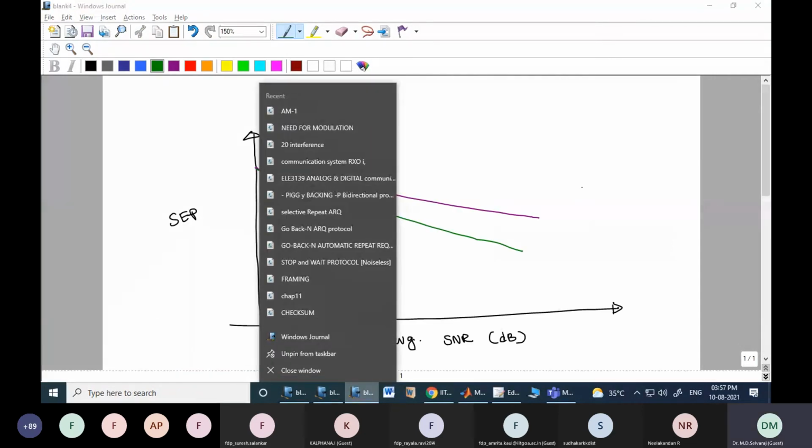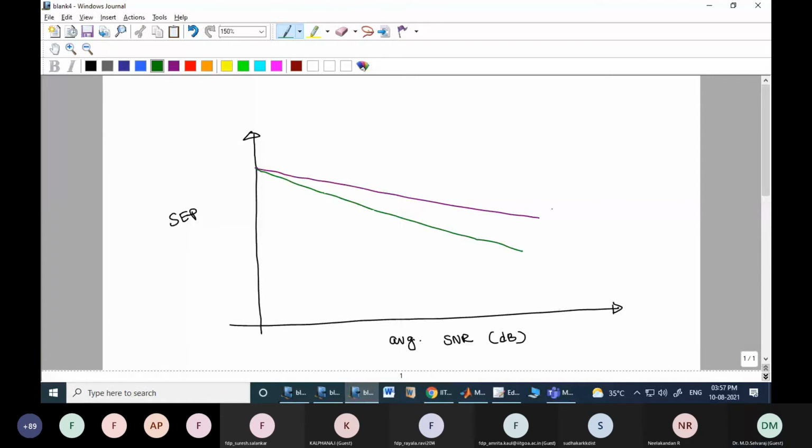Okay, so this is what is expected to come. This is from the cooperative, and this is from the direct. Direct means no relay. Because of the involvement of the relay, because of this cooperation, what do we get? That is a benefit. What kind of benefit do we get?